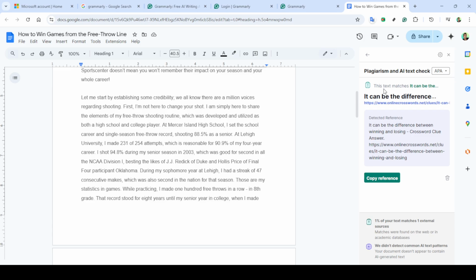And there you have it, you've successfully checked your document for plagiarism using Grammarly Premium. This tool is an indispensable ally in ensuring your writing is both polished and original. Remember, maintaining originality not only builds trust with your audience, but also protects you from potential copyright issues. So keep